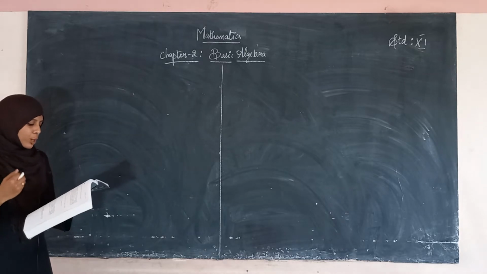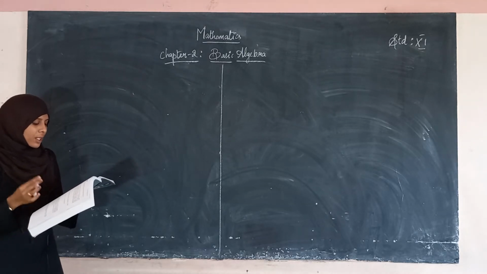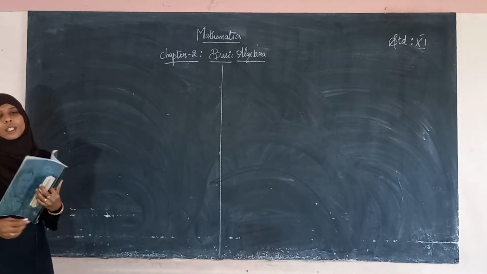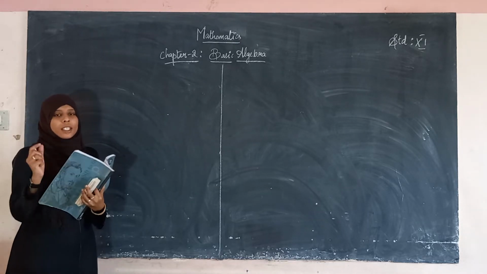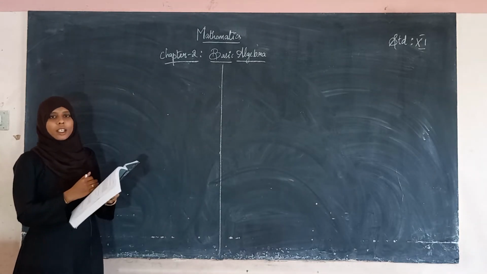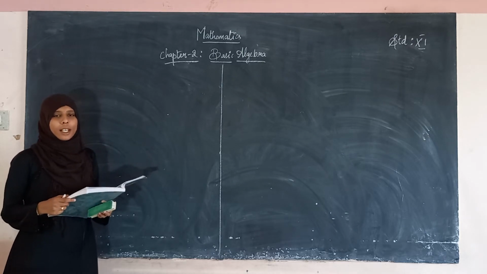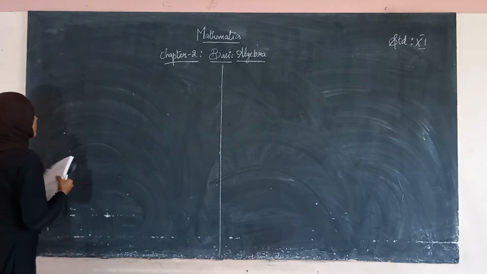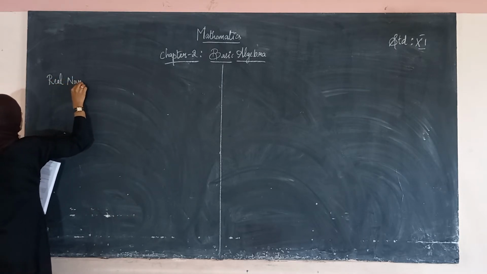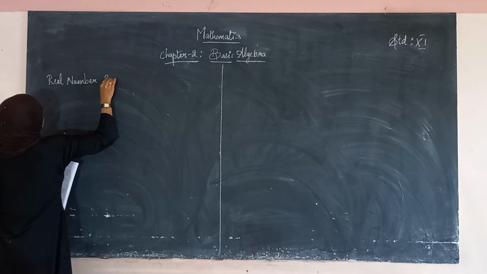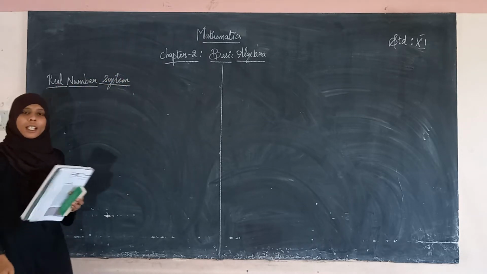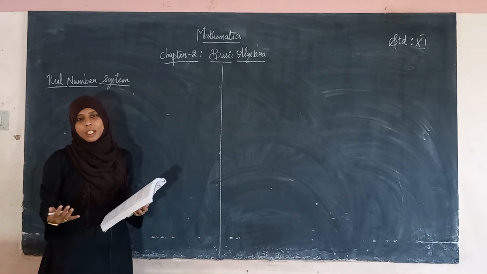Algebra is a branch of mathematics in which one expresses relations among quantities by using symbols to represent these quantities. That is, we are going to study the relation among the quantities, and these quantities are represented by symbols. Here mainly we are going to see about the real number system. What are the real numbers? Before seeing the real number system, what does it consist of?